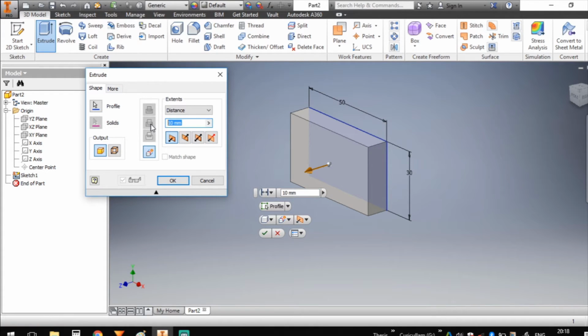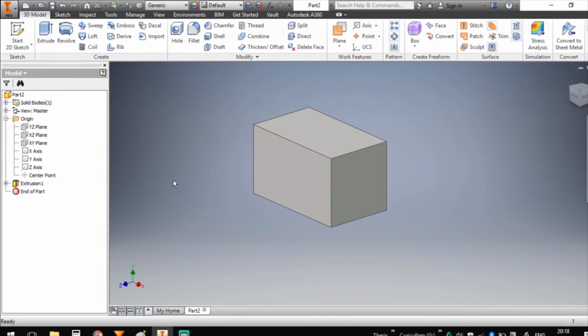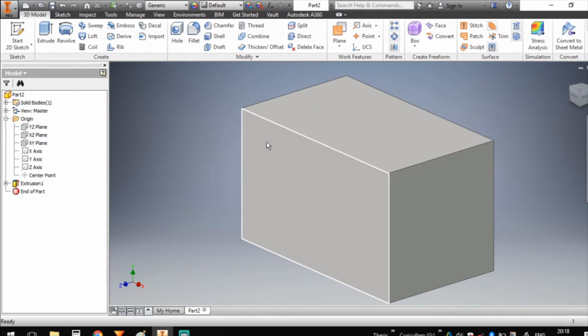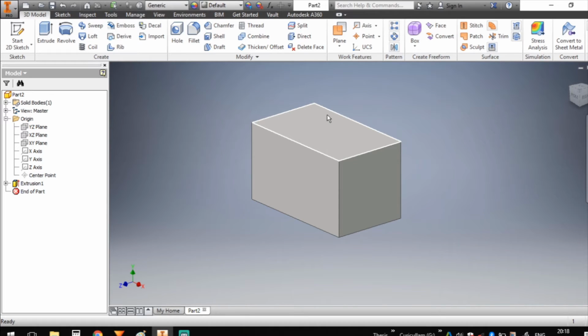By default it is 10 mm. You can give the dimension here or here, doesn't matter. I will give the dimension 30. The same value will be highlighted here also. So click OK and your box will be ready. This is a simple box, the basic feature of the extrude tool.